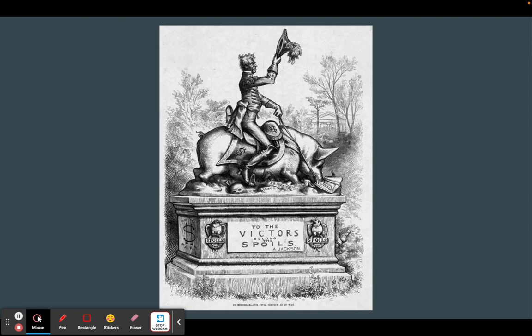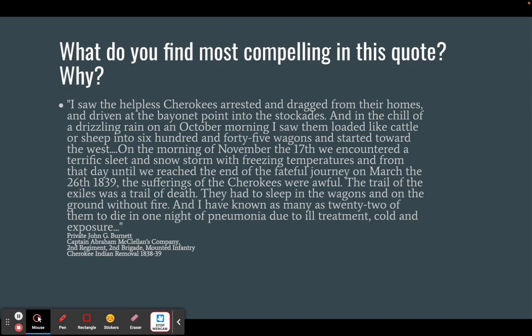So Jackson, there's a lot of really great political cartoons from this era where he was kind of a king. People were like, this is not what a president is supposed to look like. And he did not care. So, lastly, one of the most significant things about Jackson, let's look at this quote.